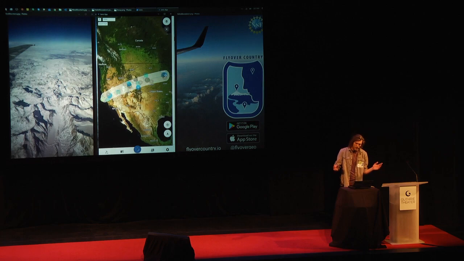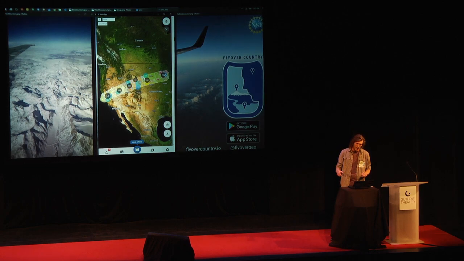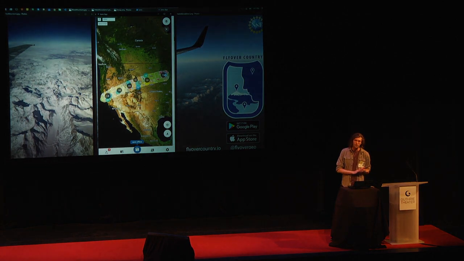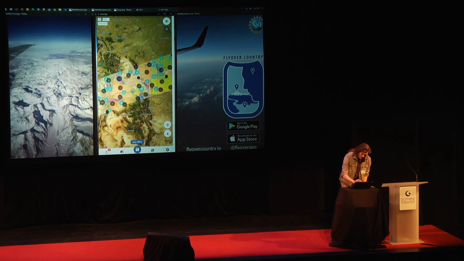So it's going to calculate a flight path, and it's going to go out to several different geoscience databases as well as some other sources and ask what information do you have about the landscape that you're going to be flying over. This strip, like a Band-Aid, that you see there of all these different colors is different pieces of information that you can learn about as you're flying over this landscape.